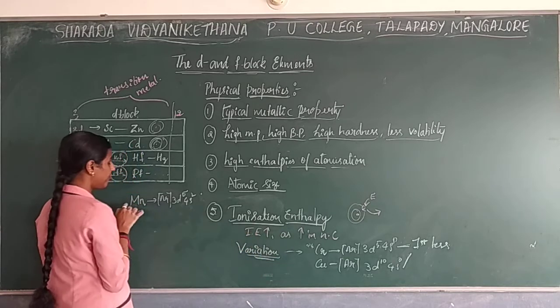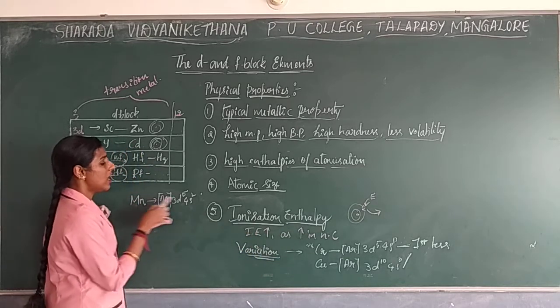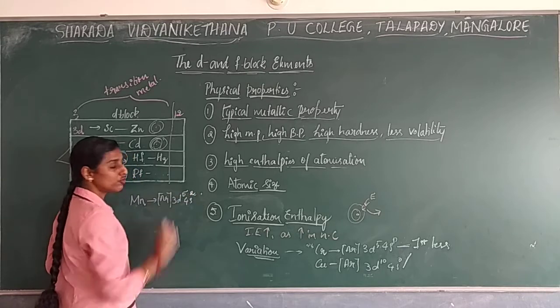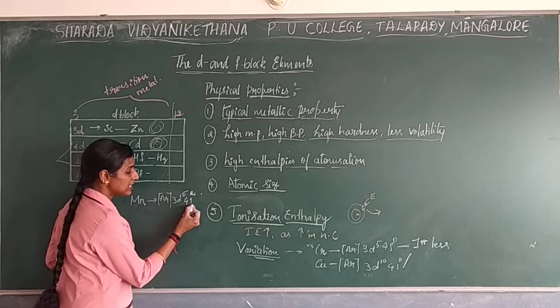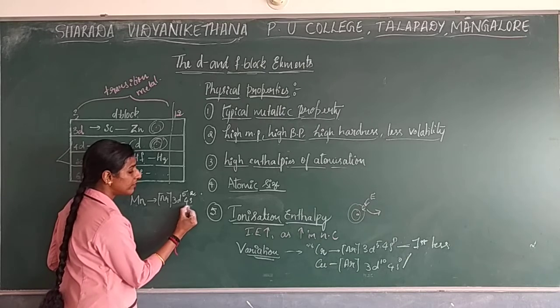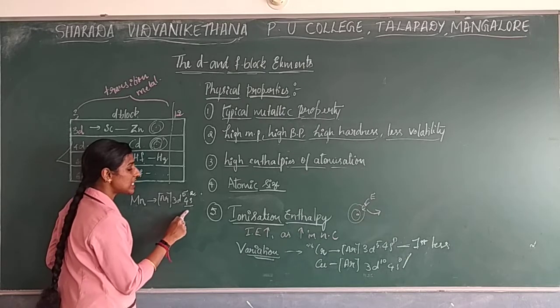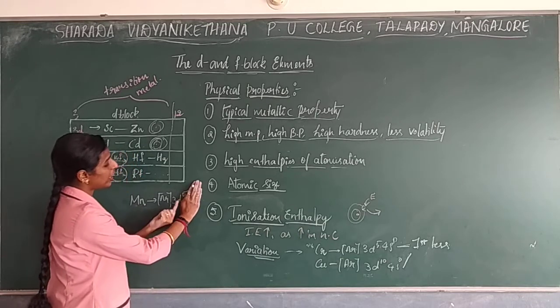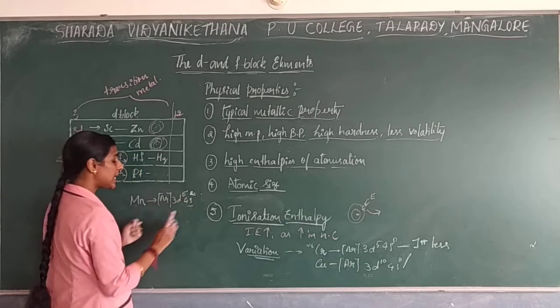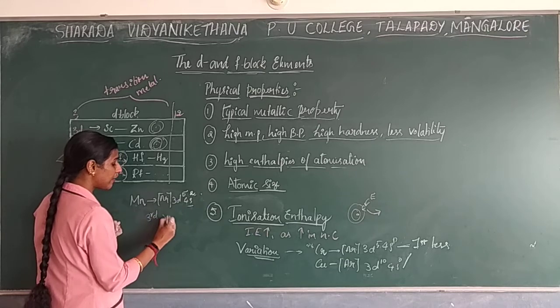Next to chromium, the 25th element is manganese, with one electron extra, filling of 2 electrons. Here, in the case of manganese, removal of the 2 electrons, in the sense the first as well as second ionization enthalpy is easier,